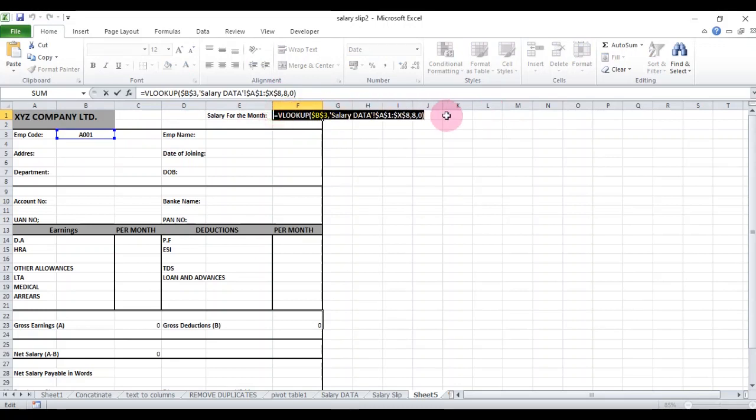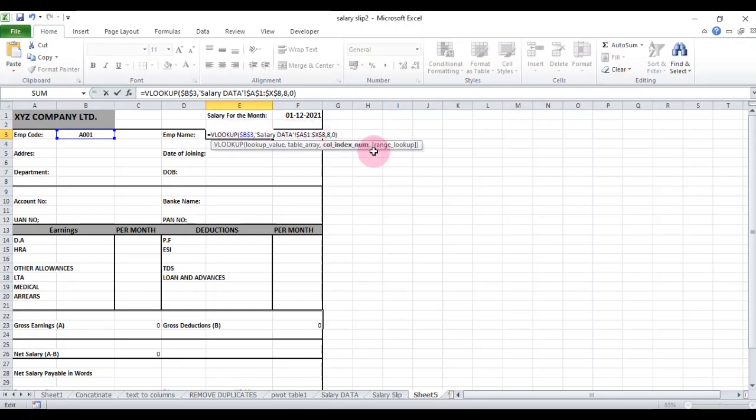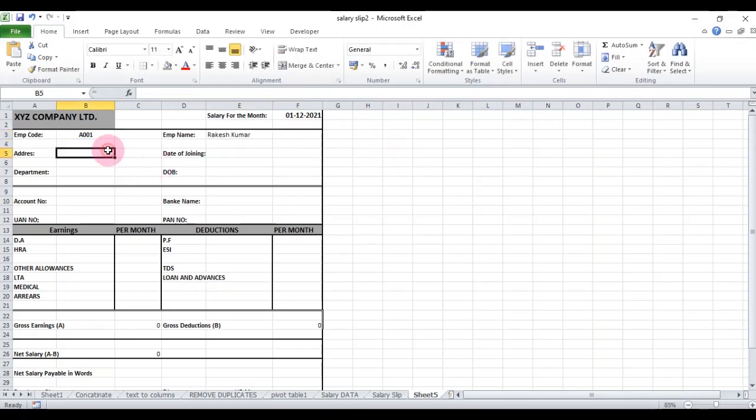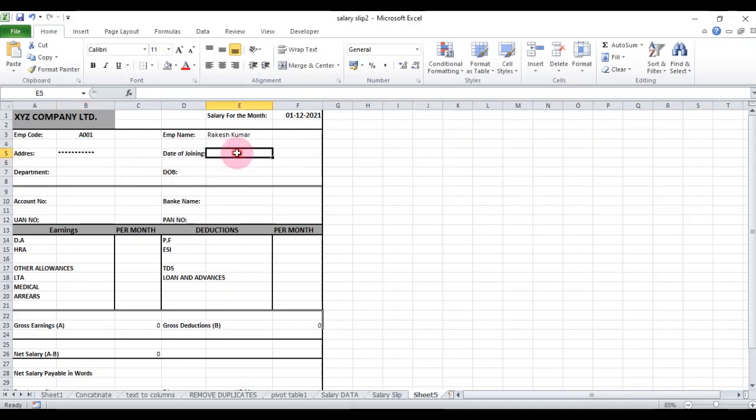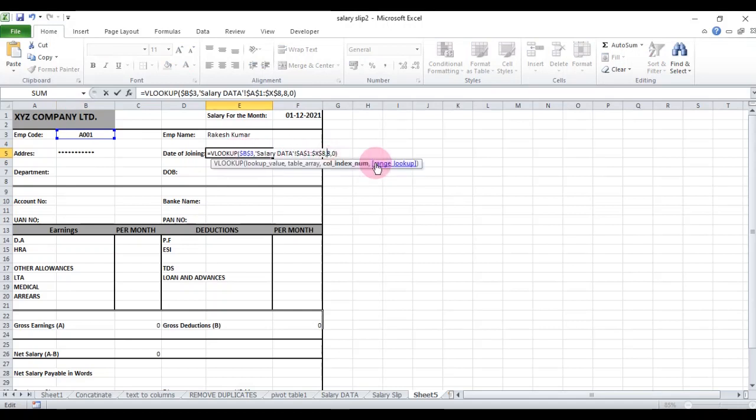With the help of Control C, then press escape, then go to employee name, then double click and paste the formula, and you have to choose what you mentioned for the employee name in your sheet, that is 2. Type 2, then press enter. Go to address, for address same, paste the formula, column number 4. Date of joining, type the formula and give column number 6.